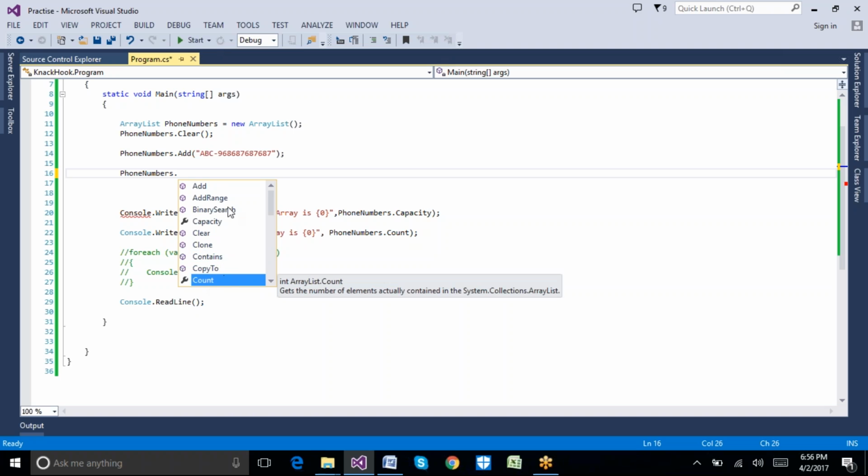And count we already seen, which will help us to identify how many elements we have in that particular array list. And if you come down, equal, these are all things I never use. And index of, and insert we already seen, which will help us to insert the element into the particular array by specifying the position. And insert range,